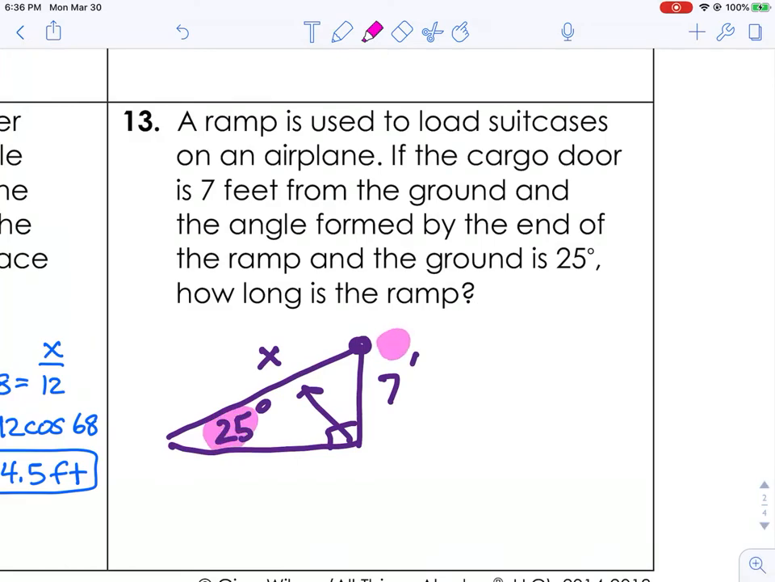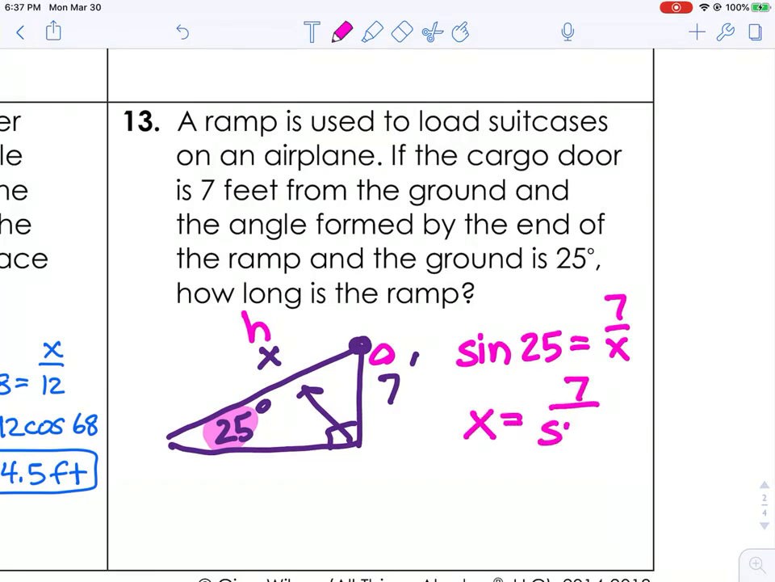So what do we have here? We have opposite and hypotenuse. So we have the sine, sine 25 equals 7 over x. Denominator, divide. You get 16.5 feet. And that was a quick